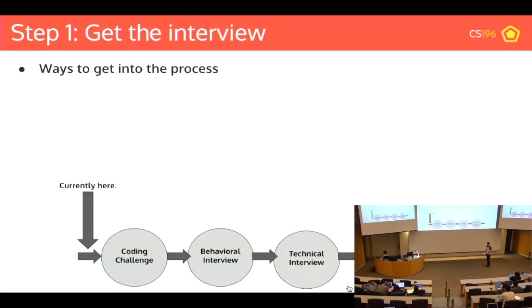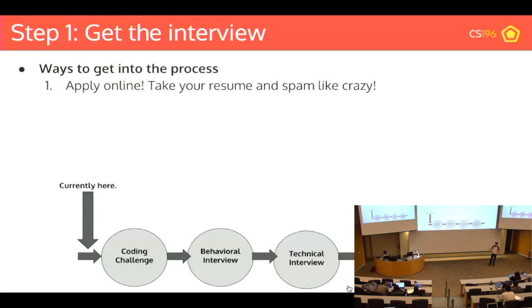The first way, very simple. Just apply online. Take your resume and apply it to as many companies as you can. Just spam everywhere. A lot of these companies ask the same exact things in their application. In fact, you will maybe even be able to find some plugins that apply for you automatically and fill out the forms. And so this is one way to go about doing this. Another way